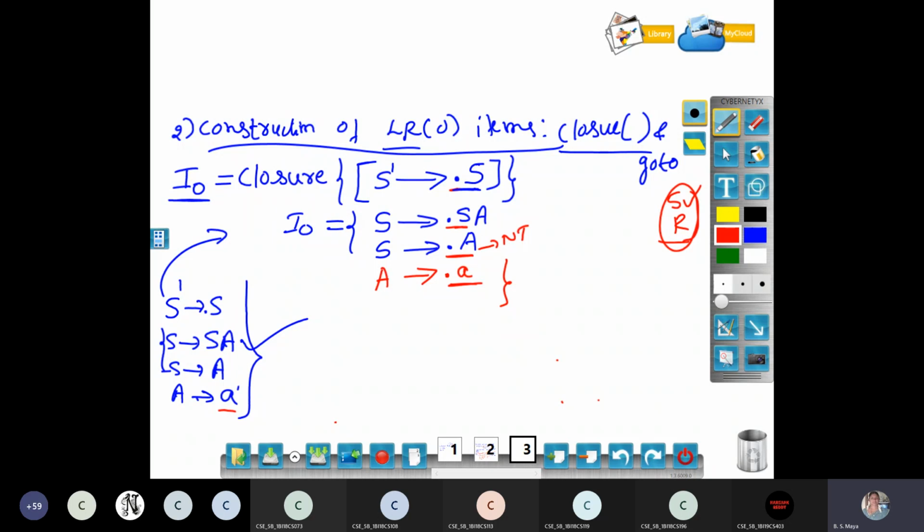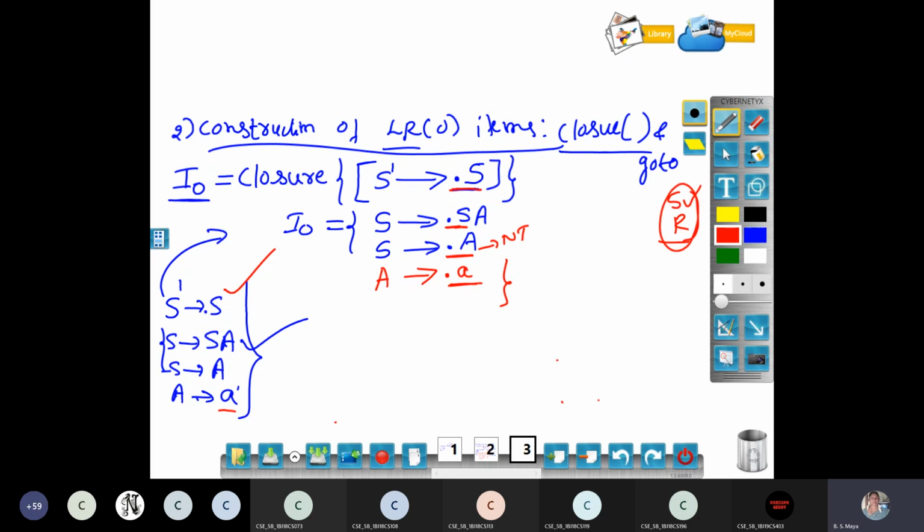While making the closure set, the first line you have to copy as it is, the beginning of the augmented grammar for the first statement, with the dot. After that, you should copy all the productions of non-terminal capital S with the dot at the beginning.